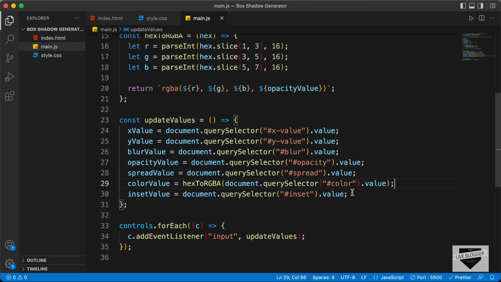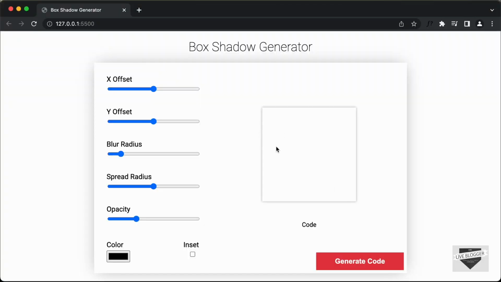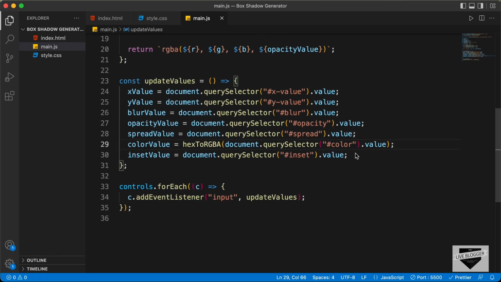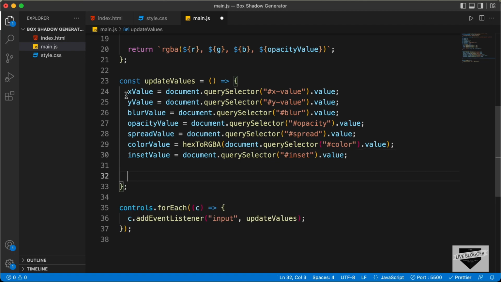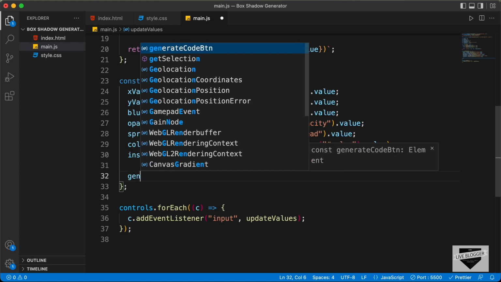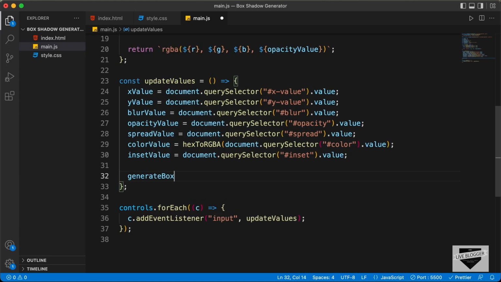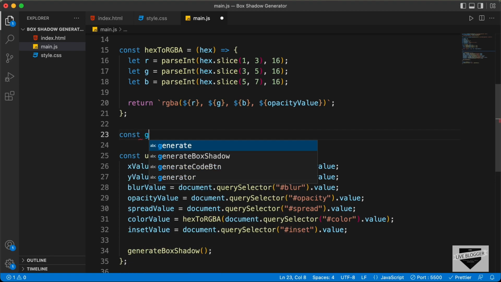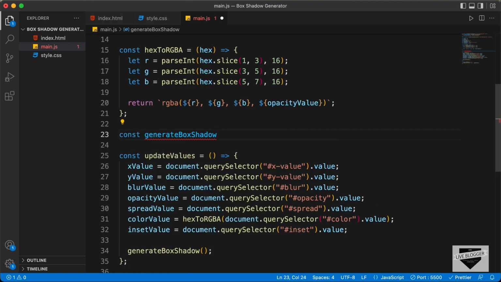And now the last thing we need to do is add the box shadow to this box right here. So we'll create a function called generate box shadow for that. After updating all these values, we will call a function called generate box shadow, and let's create this function over here. So let's type const generate box shadow,